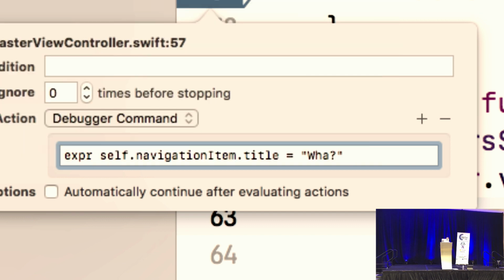I'm going to say self.navigationItem.title equals what? Because I missed my keys. And I'm going to automatically continue. So let's